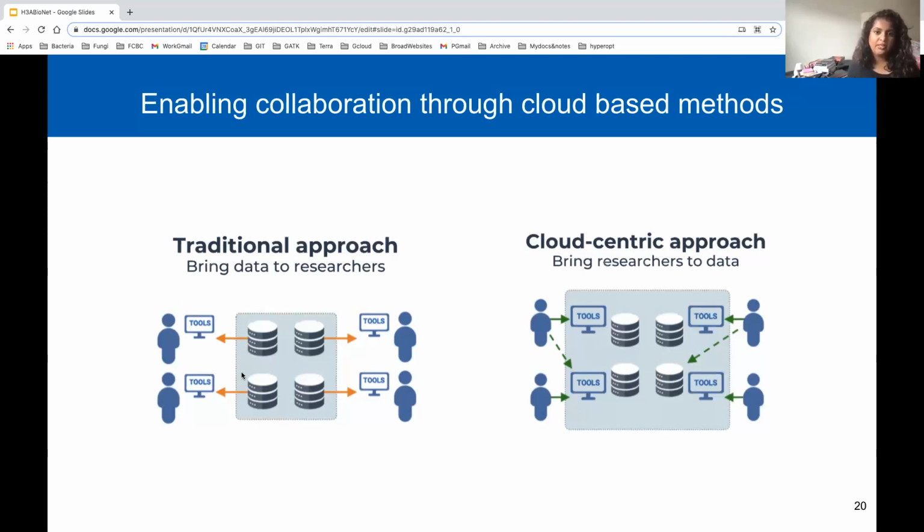And because you're making your own copy and then you're using your own custom tools and environments, results may not be as reproducible. Which is why the cloud-centric approach, on the other hand, helps with collaborations, because with the cloud